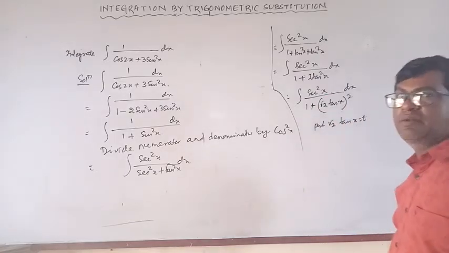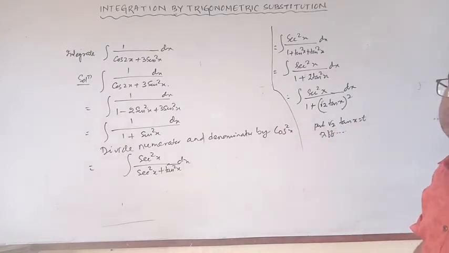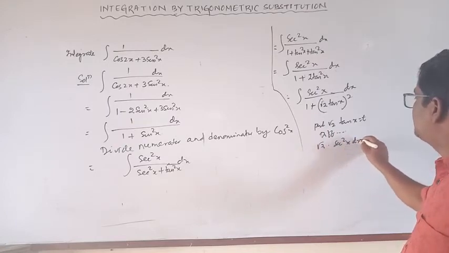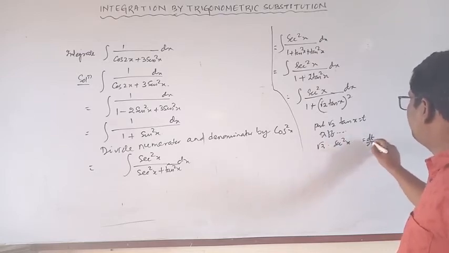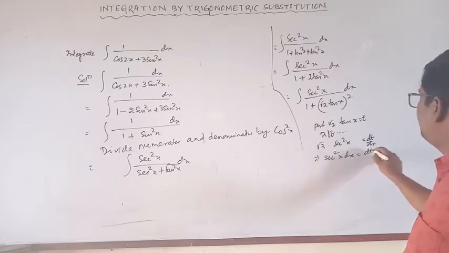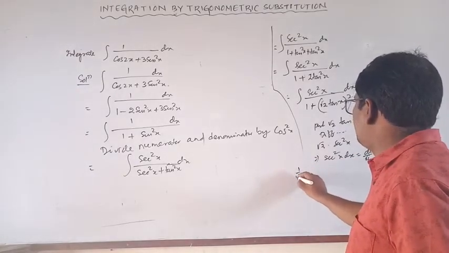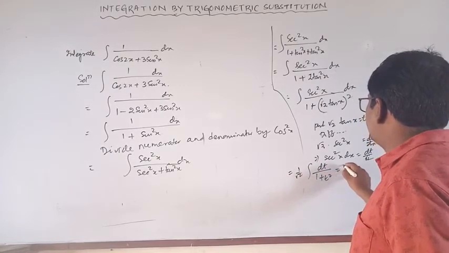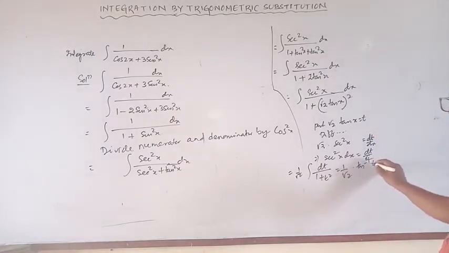Here differentiate both sides with respect to x. So this is equal to what? Root 2 into sec square x dx is equal to dt, or root 2 into dt by dx. So sec square x dx is equal to dt by root 2. Clear? So what happens here? This is 1 by root 2 dt by 1 plus t square. So 1 by root 2 into tan inverse t. This is tan inverse t plus c.